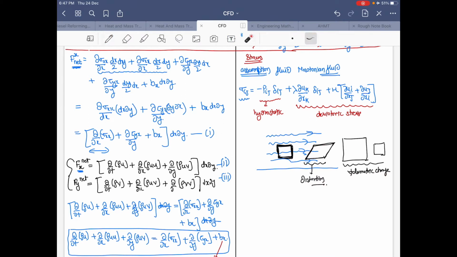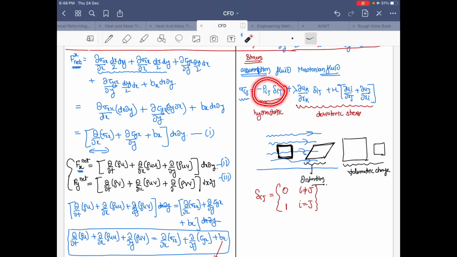And here this one, delta i comma j, is the Kronecker delta. What does that mean? Delta i comma j is equal to 0 when i is not equal to j, and it is equal to 1 when i is equal to j. So this is basically a kind of switch function. It's known as the Kronecker delta.